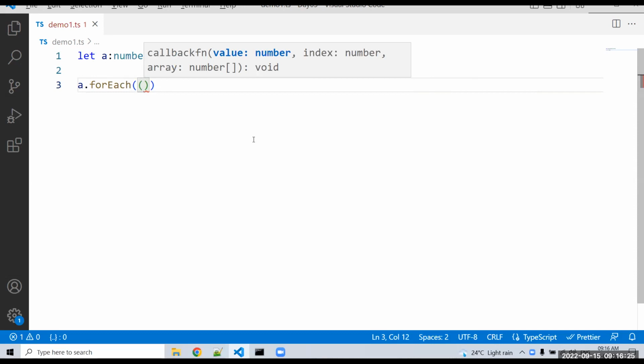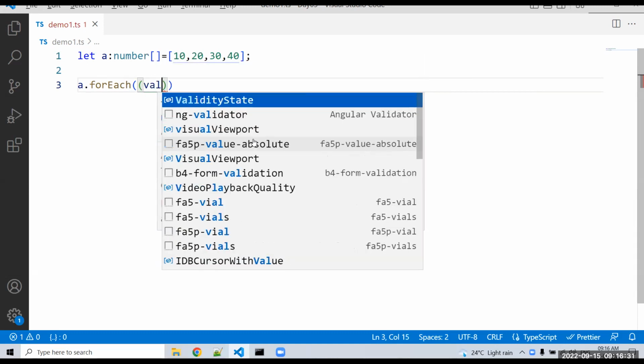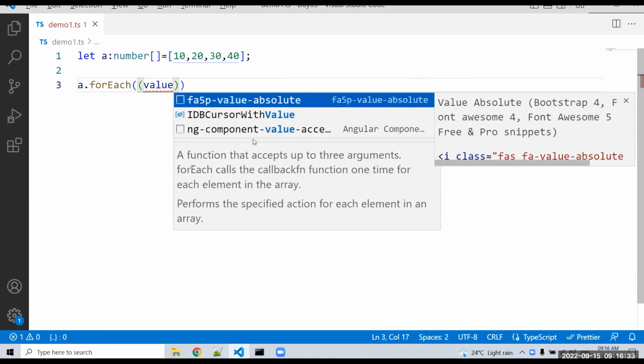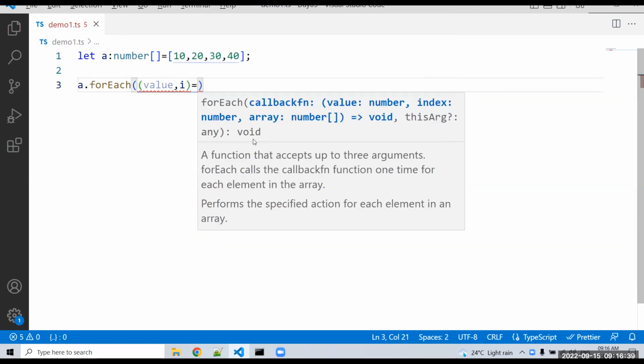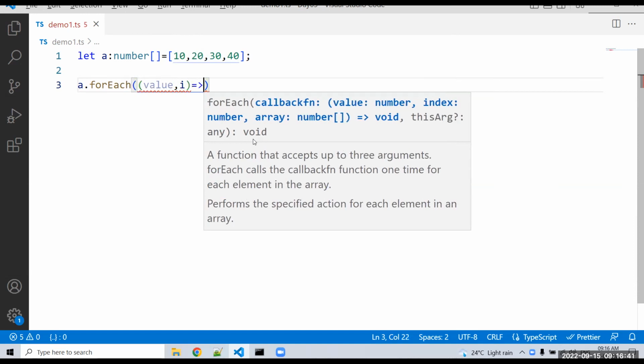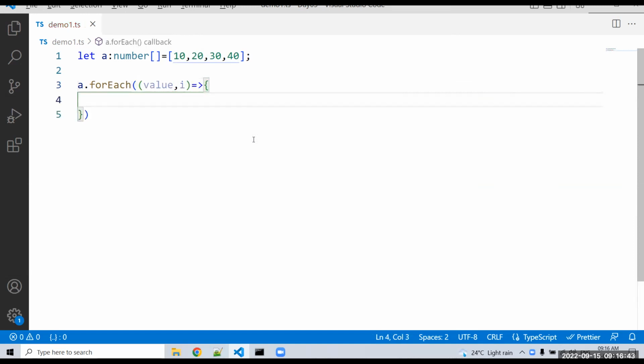If you want to use only the value, you can use only the value. If you want to use the index, you can mention that as well. Implement the fat arrow function with equal sign and greater than, then curly brackets, and inside that forEach function